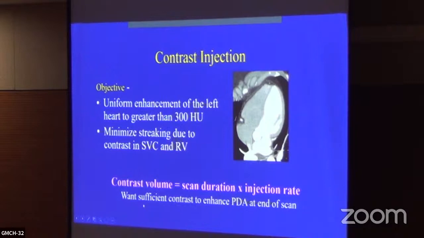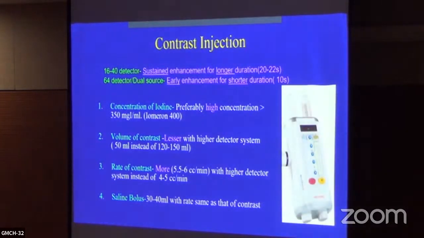all that will give you your contrast volume. So for example, if you have a 16 to 40 detector CT, you need a 20 to 22 second scan. So you need a sustained enhancement for a longer duration, whereas for a 64 detector or a dual source, you want an early enhancement for a very short duration. So depending on that, again, your concentration of iodine, because coronary arteries are very small in the distal areas, you need a high concentration. So ideally, your contrast should be more than 350 milligram iodine, or a 400 milligram iodine